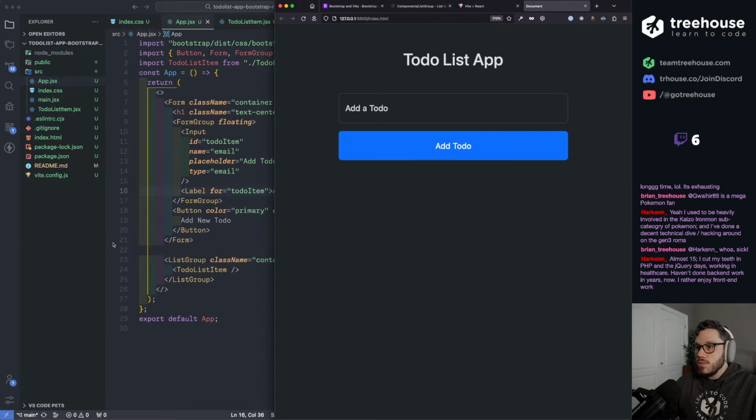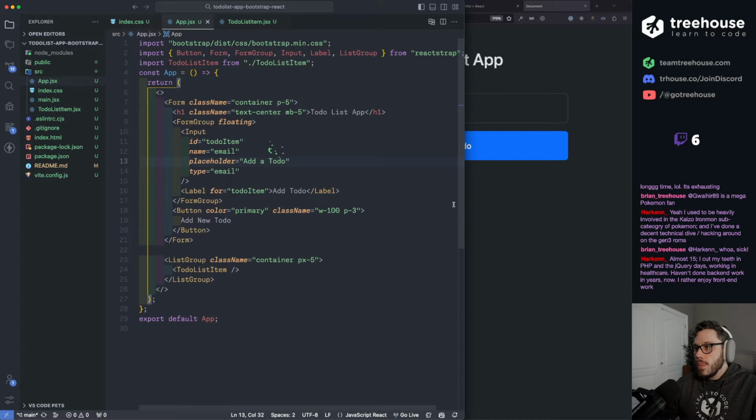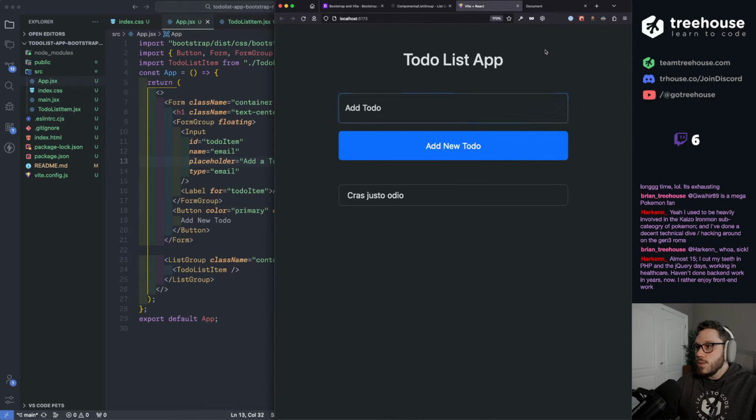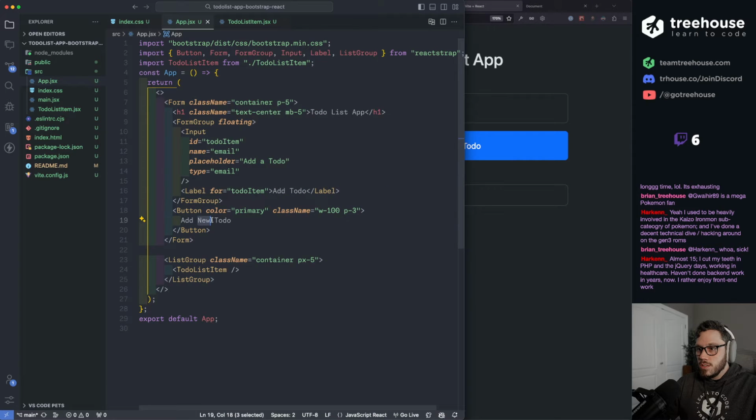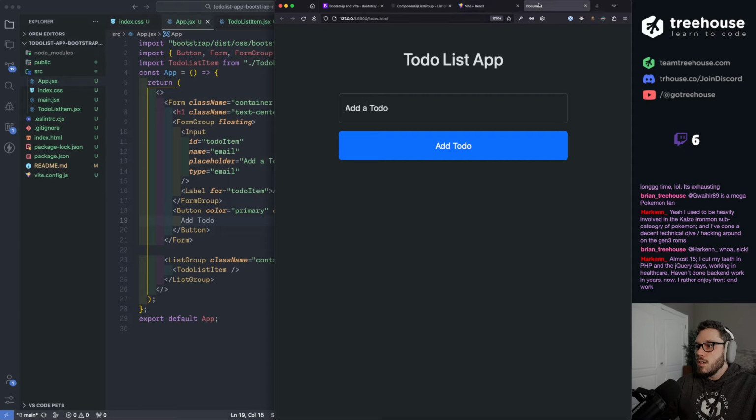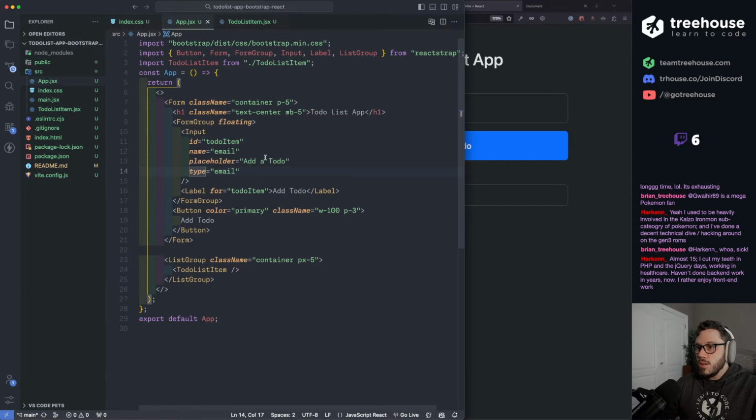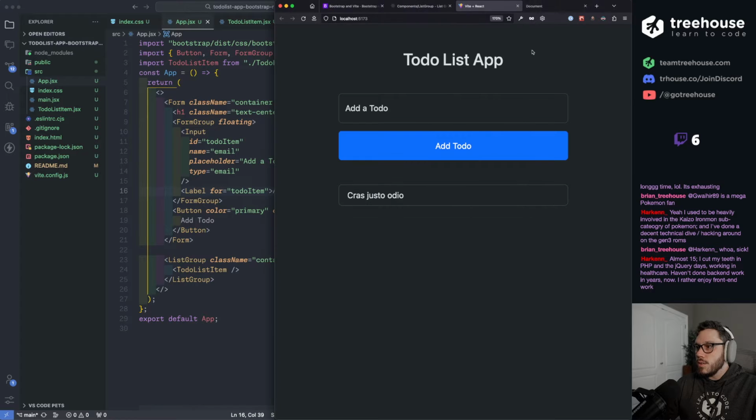Add a to-do. All right. Do we see a difference? Add to do. Yeah, we gotta change this to add to do. Add a to do. Oh, right here. There we go. I'm just being picky. Okay, so this is a 1-for-1 match right now, which is great, other than the items right here.